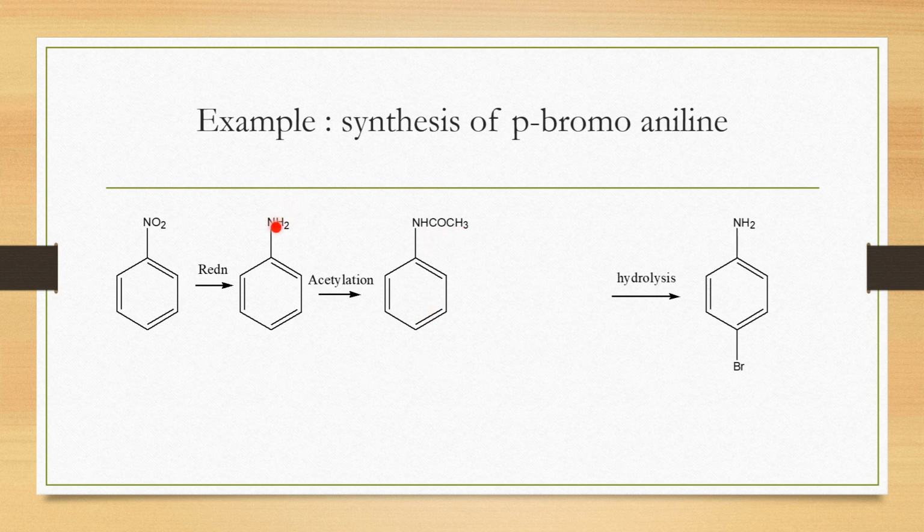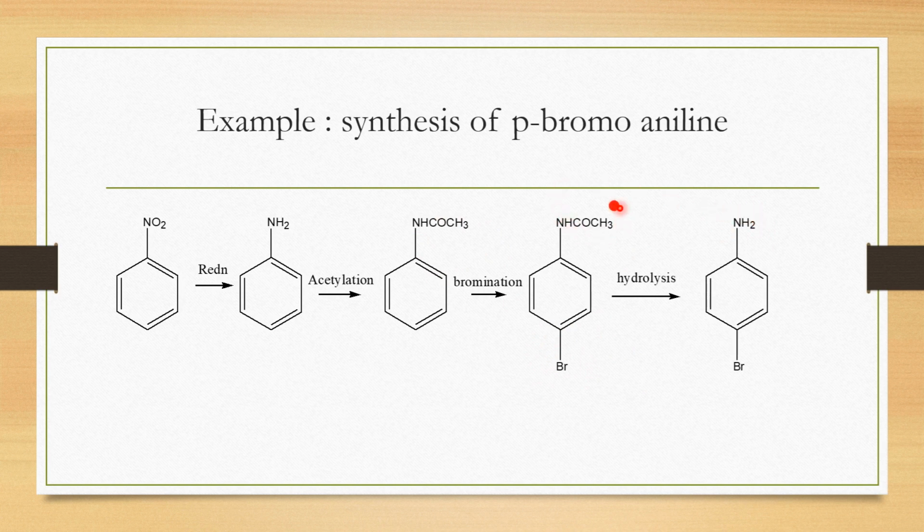Look at this group. Hydrogens are small, COCH3 is a big group. So when you bring this group over here, this whole area is blocked. What is this called? Steric hindrance, right? Because of steric hindrance, because this whole section is blocked, bromine cannot attack here. There are two active positions, ortho and para. At ortho the bromine cannot go because this group is bulky. So when you carry out bromination, bromine directly goes to the para position.